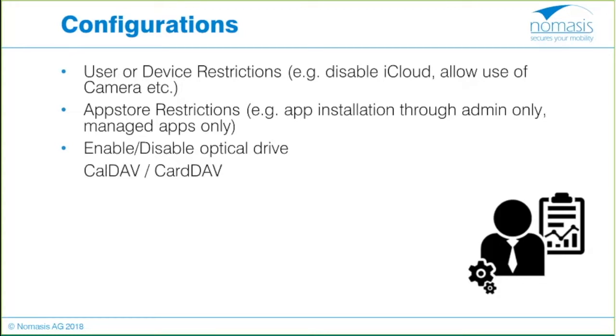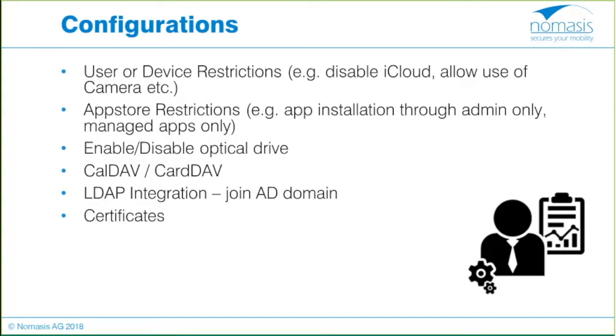You could distribute CalDAV and CardDAV settings. CalDAV is for the calendar, it's a calendar connector, and CardDAV is for the contacts. So that's also applicable for iOS, by the way. You could distribute one configuration to integrate the Mac in the AD domain, or do LDAP integration. You are able to distribute certificates, like you do on iOS. So it could be one root certification authority, or it could be also one identity certificate that the user will use for the authentication.